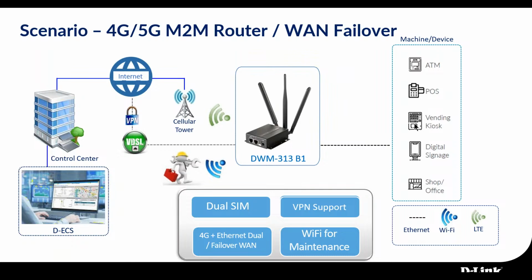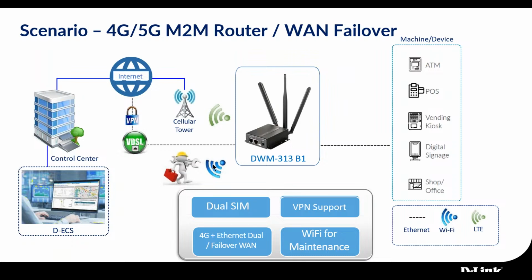What I mean by that is, again, we plug in one of our devices that need to be plugged in, whether that's a small office, digital signage, vending kiosk, POS, and so on. We wire that into this particular DWM M2M router. And then I can have a wired Ethernet connection to my internet via the WAN ports. I can also back up with cellular. If the physical port ever goes down, I also can provide wireless connectivity. And I say Wi-Fi for maintenance, mostly because the Wi-Fi on the device is not AX, not Wi-Fi 6 capable. It's more designed to take advantage of the LTE type speed, so the 150